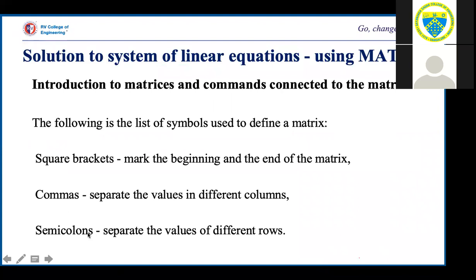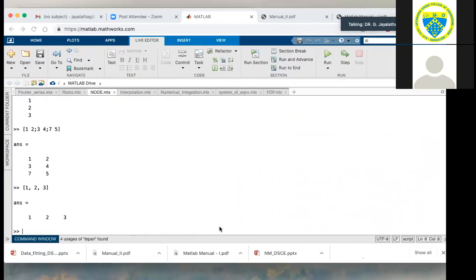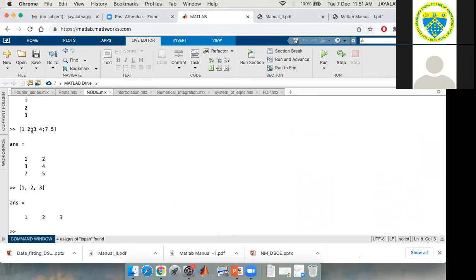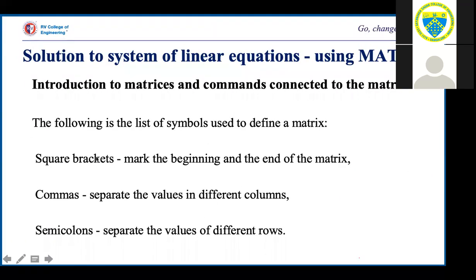Next we have semicolons to separate the values of different rows that I have already explained. If I put a semicolon, it will take it to the second row. So you will have columns using the semicolons. So these are the 3 important things you need to remember when you use matrix in MATLAB. Hope I have made it clear.